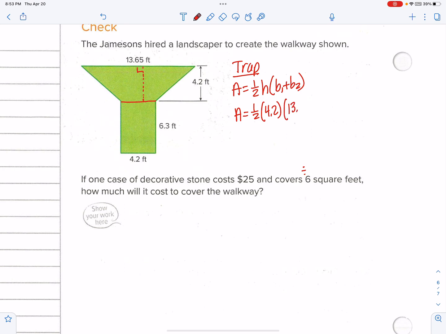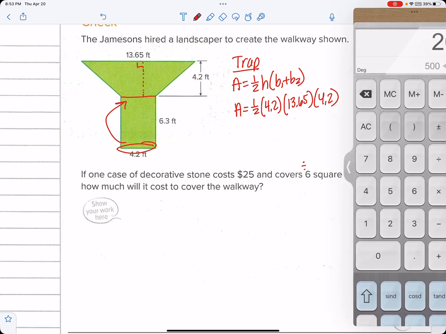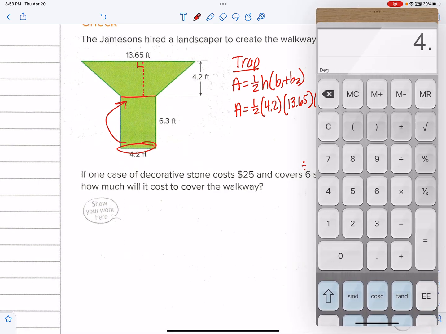One of our bases is 13.65. Okay, and our other base, that's red, we can see down here is the same length as that. So we have 4.2. Okay, so that'll get us the area of our trapezoid. Let's fill all that out. 4.2 times 13.65